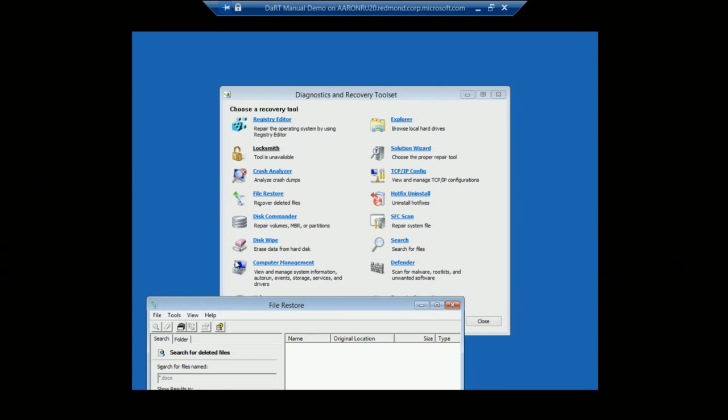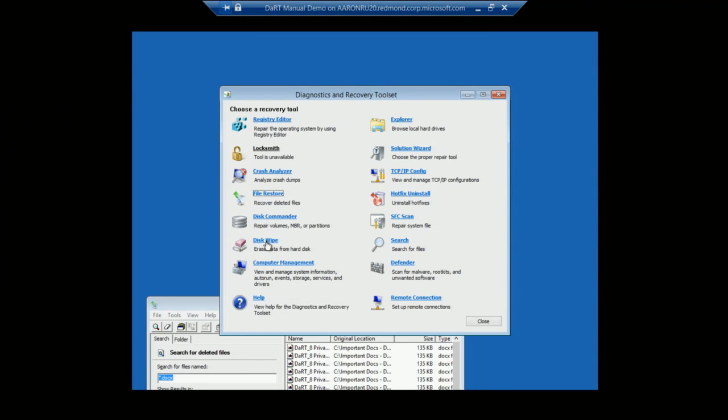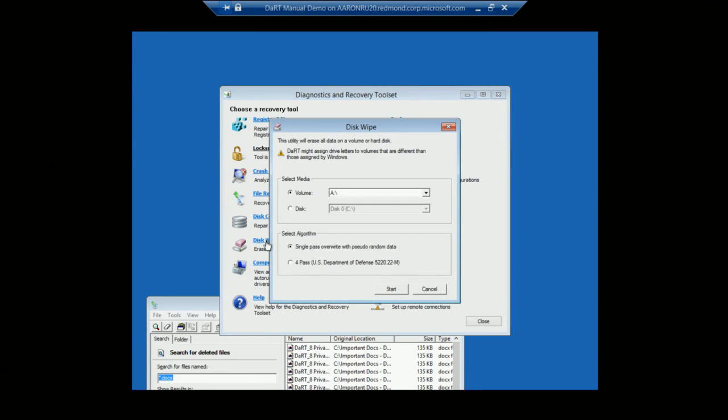So what other tools? Let's see, that is still chugging along. The next thing that we're going to show, AJ talked about disk wipe. What happens if you want to give your machine to charity, but you have all of your corporate information on that box, and you really want to make sure that it's gone and not going to come back? We have the ability to do a single pass, which goes into every single bit on the hard drive and zeroes them out. Or we have a 4-pass option, which does 4 different types of zeroing out algorithms, comparable to the U.S. Department of Defense standard,